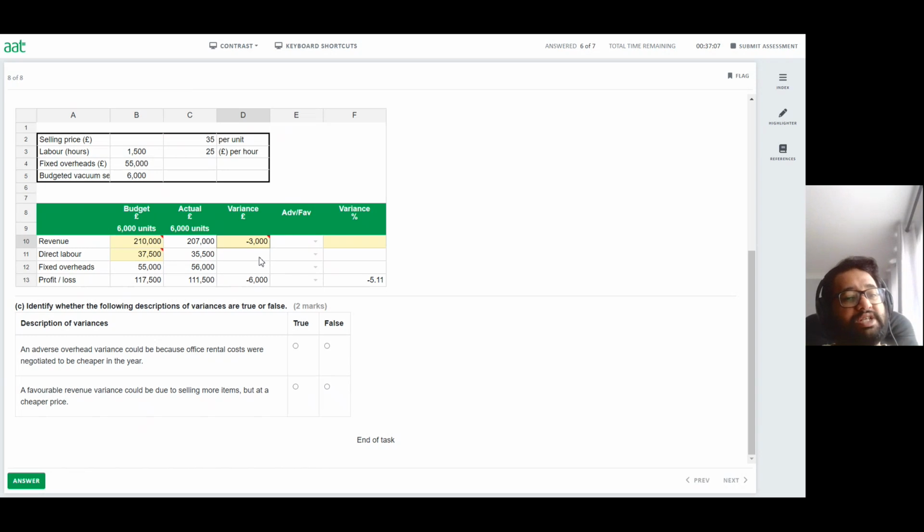But on the expenses, we have to do the opposite way. So remember how we do this. In this scenario, budget minus actual, if your actual is lower, is going to give you a positive variance. So that's what I want you to do. So here the amount is going to be 2,000. You don't have to do a formula here. Here, the amount is minus 1,000. You don't have to do a formula here. And we have to select adverse, favorable, adverse, and adverse. So if you look at that here,